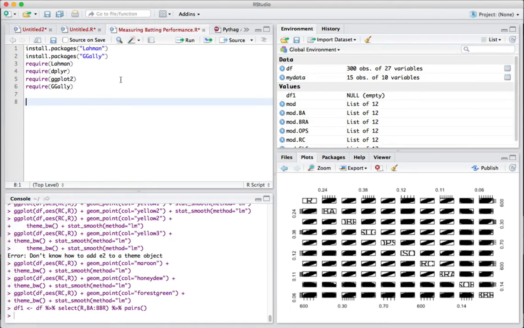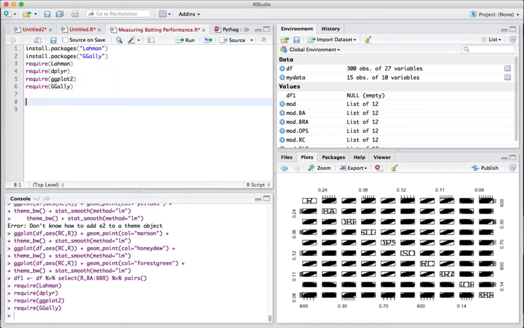We're going to need several packages in this particular tutorial. Two of them you may not have already. So if you haven't installed Sean Lahman's package of Major League Baseball data, you should do that with the top command. And you should also install the second package called Gally, and it does not have an E, so it's spelled correctly there. So install those packages if you haven't, and then we're going to load 4 different packages, Lahman and Gally, and also dplyr and ggplot2, which we've used a lot in previous videos. So we'll run that,